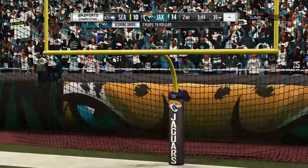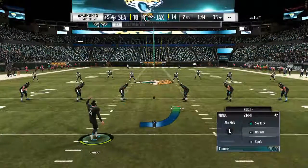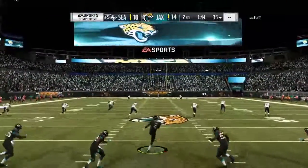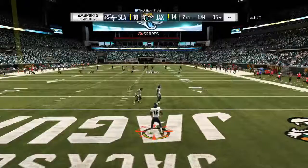It started with a battle in the trenches. They won there, and they got in for 6 points. And that's going to be a tough one for the defense to deal with. They've got to go to the bench now and figure out how are we going to slow down this running game, because on that particular play,